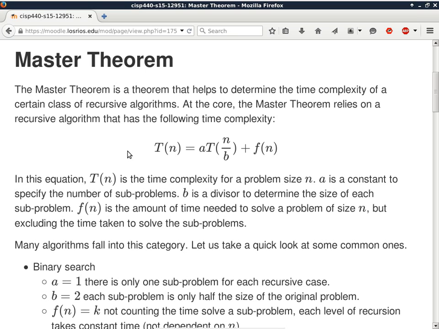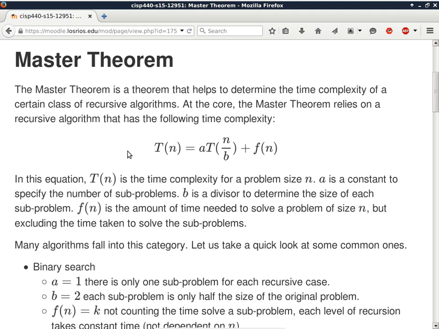So with merge sort, A is 2, b is also 2. But f of n in the case of merge sort is n itself. It's some kind of constant times n, because the merge process will take an amount of time that is proportional to n itself.